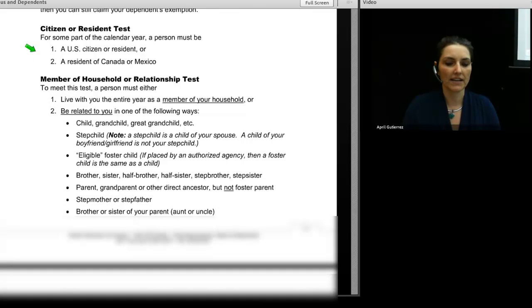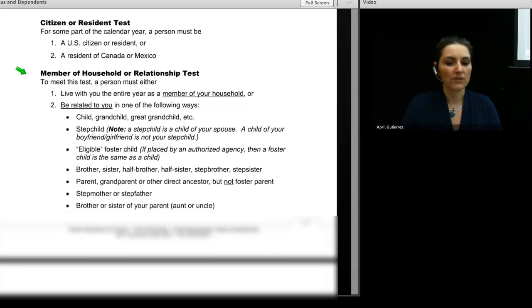Citizen or resident test. For some part of the calendar year, a person must be a U.S. citizen or resident, or a resident of Canada or Mexico. Member of household or relationship test. To meet this test, a person must either live with you the entire year as a member of your household